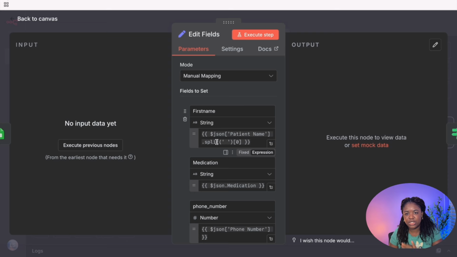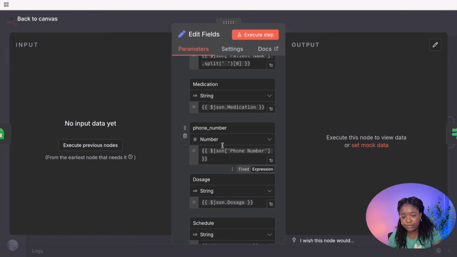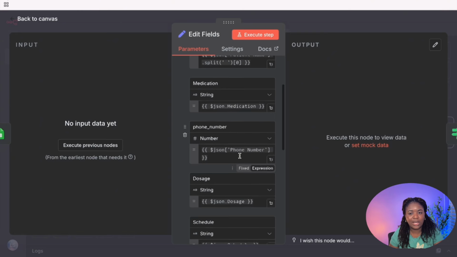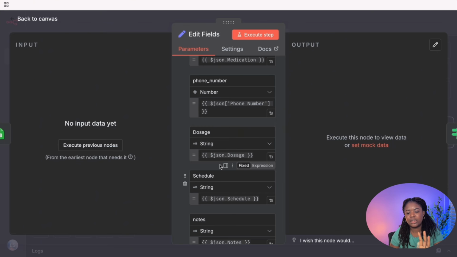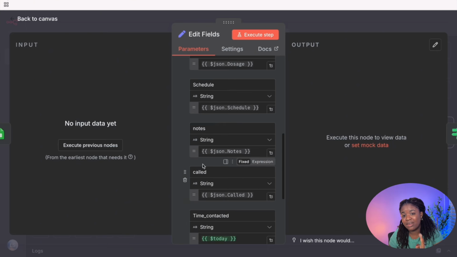So I have this little expression in here to extract the first name from the entire name that was given in the database. And then I have a field for their medication. I have a field for the phone number. I have a field for dosage. I have a field for the schedule. I have a field for notes, and I have a field which I have here called